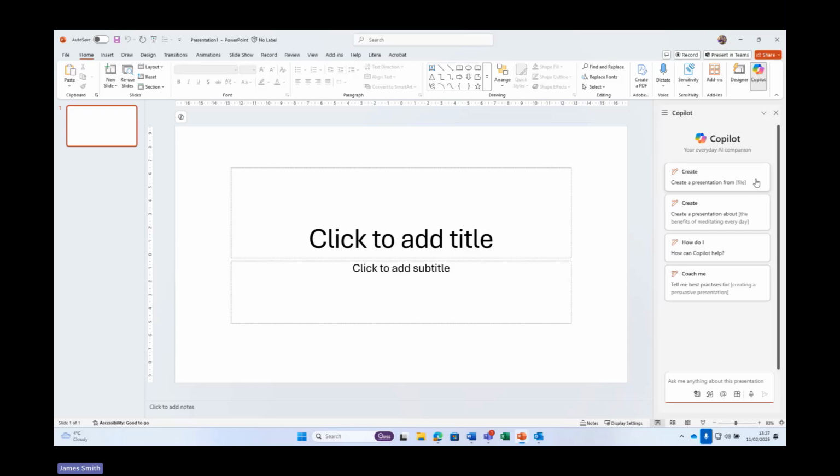So do I want to create a presentation from a file? Do I want to create a presentation about, I can give it the subject that I want? How do I, I can ask it. I can even ask it to coach me for best practices for creating good quality presentations. So what I'm going to ask it to do is I want it to create me a presentation based on